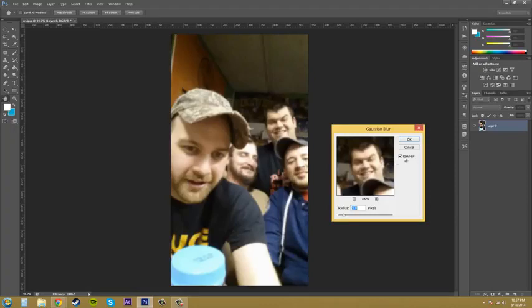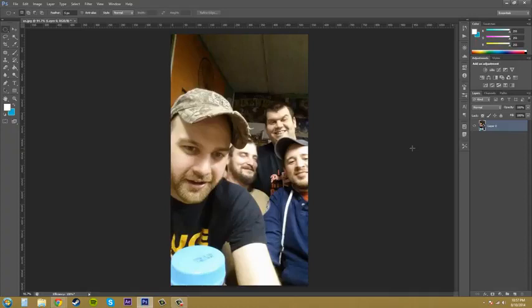It's my favorite blur. I use it all the time. So I'm going to hit cancel, and I'm going to show you one use I like for Gaussian blur, and that is to create a focus. Now everybody in this picture, when you look at it, you can pretty much see this person, which is me, in the front, and everybody else in the back. And what I want to do is blur these guys out while keeping me in focus